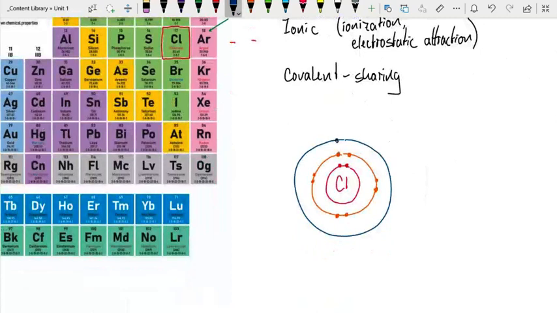So we fill them. 1, 2, 3, 4, 5, 6, 7. Uh-oh, we only had 7 left. That's all of our 17 electrons. You can see if we were argon, we had 18, we would be able to fill that octet. But as it stands for chlorine, chlorine is missing 1 electron. Now that's a big deal. Chlorine really wants that 1 electron because all it needs is that 1 last electron in order to complete its valence shell. Let's contrast that with, say,